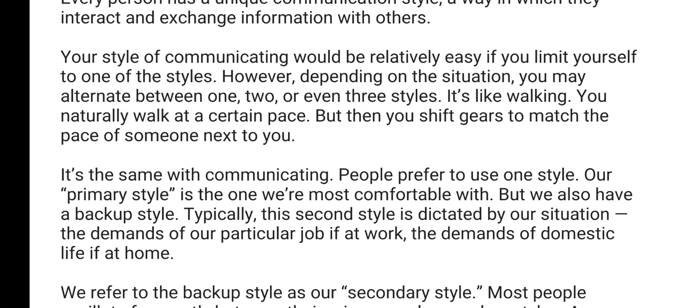So our style of communication is mostly dependent on our personality, whether we are an introvert or